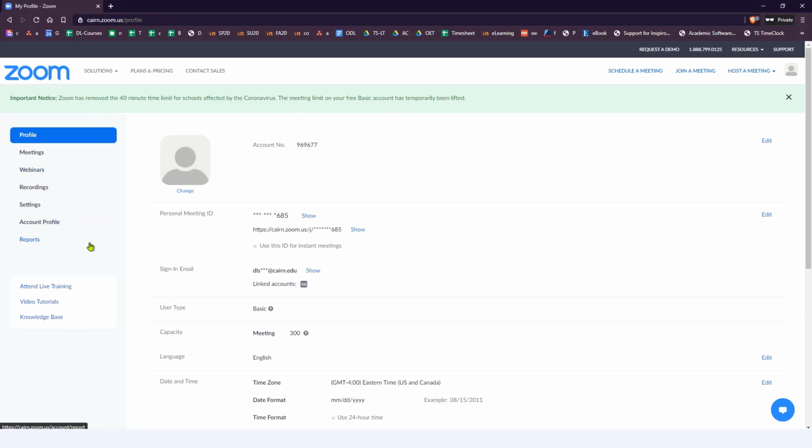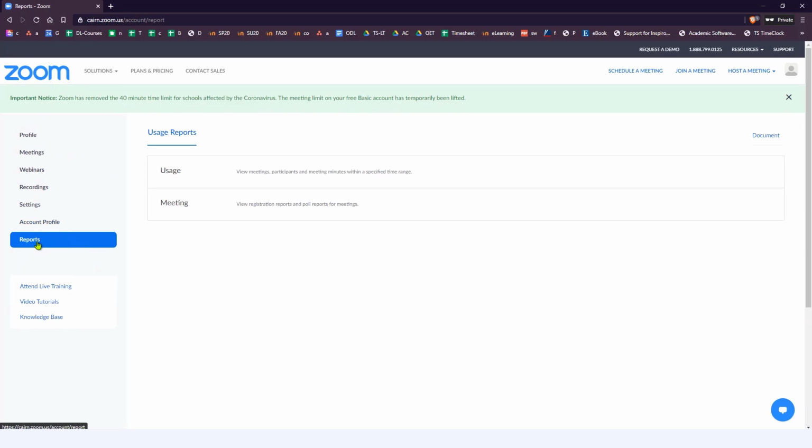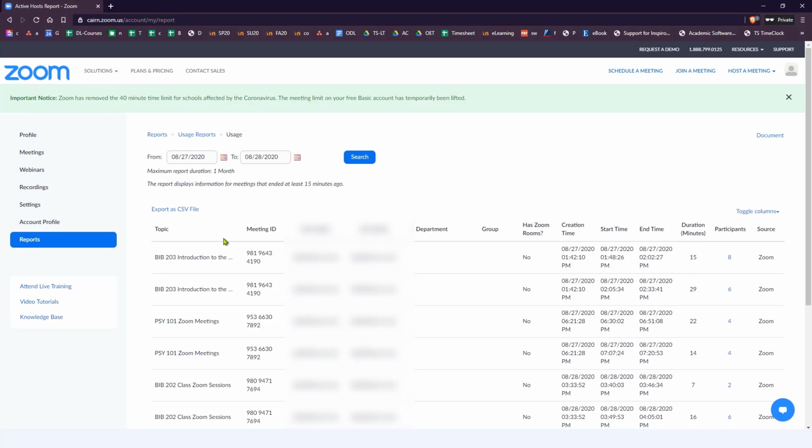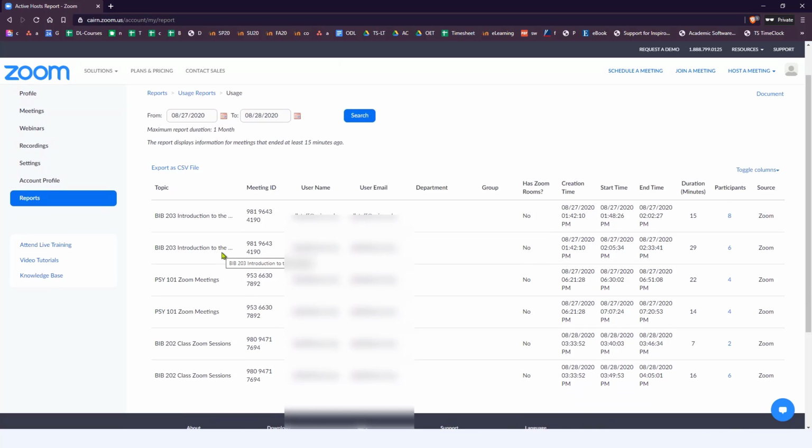And then once you get to your account, you need to click here on Reports. After you click on Reports, you click on Usage, and then here you have the list of meetings that you have conducted. So let's say that we met here for BIB 203, and we want to see who attended this meeting. Notice we have how long the meeting was and how many participants. Click here on the number of participants on the right-hand side,